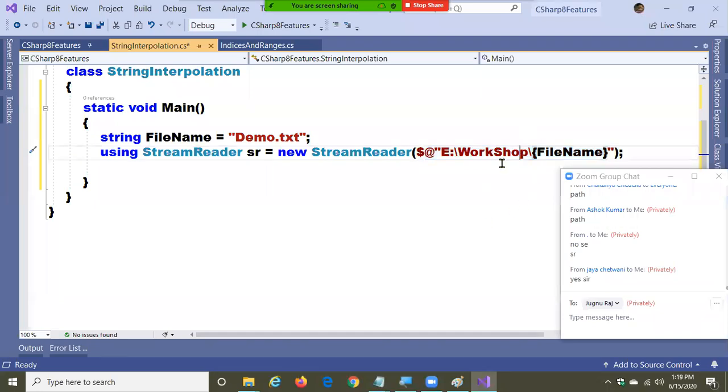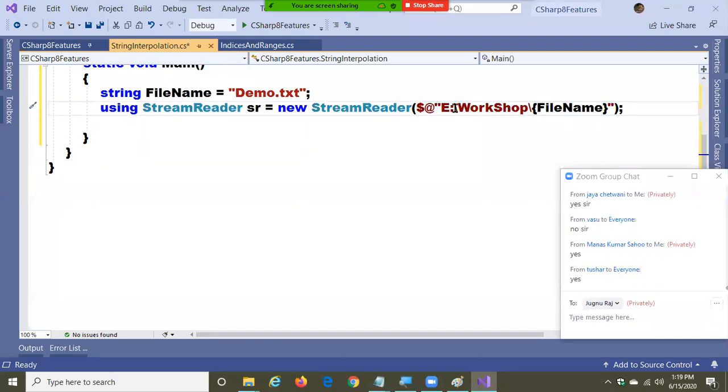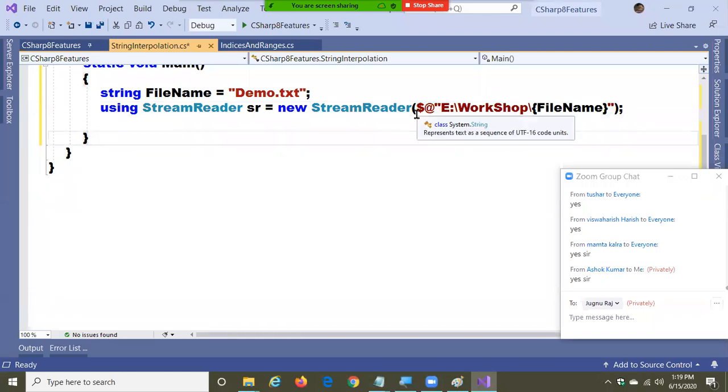Yeah, basically if you don't know, this is for you mainly. What is it? Without using double slashes, which most of you learned in the C# classes, we use @. Now I have a $ here and an @ here, both are present. The question arises: which one should come first? Dollar first or @ first? Did you understand? If both are present, dollar first or @ first?